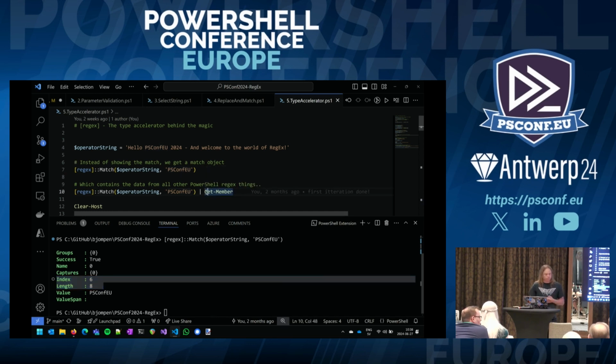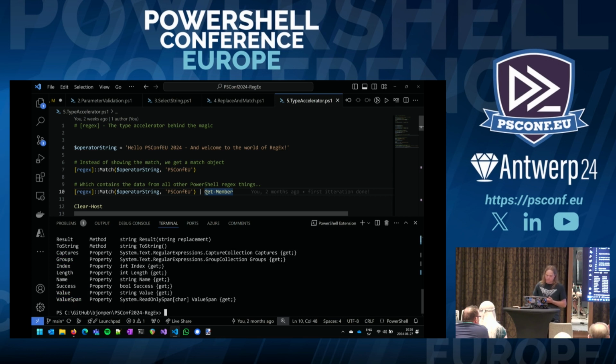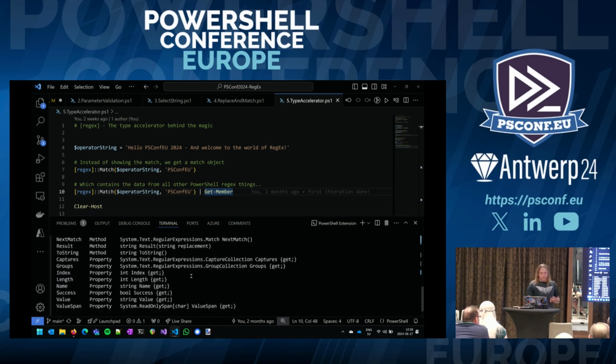This seems more readable to me. Sorry? It seems more readable to me. I don't know, I use it quite a lot, but we're coming to one of the weird quirks in this one as well. In fact, it has all of the properties, like I said, the captures, the index, the groups, whatever. It's all this data that the other functionality needs is actually coming from this one.